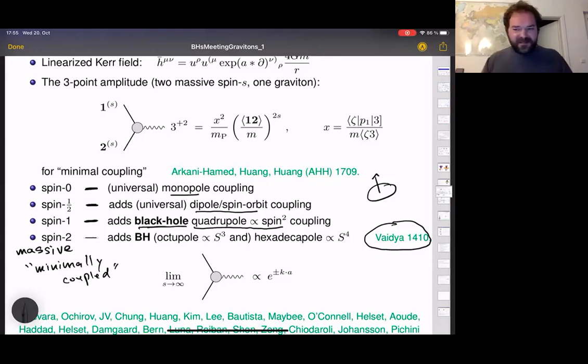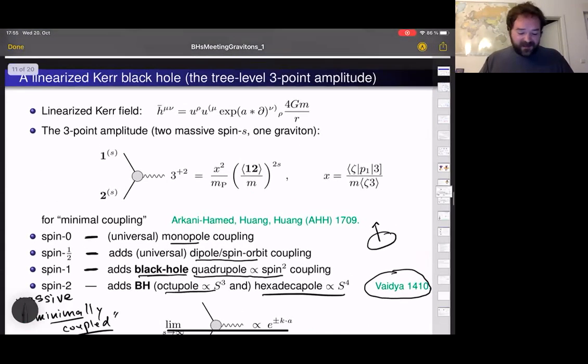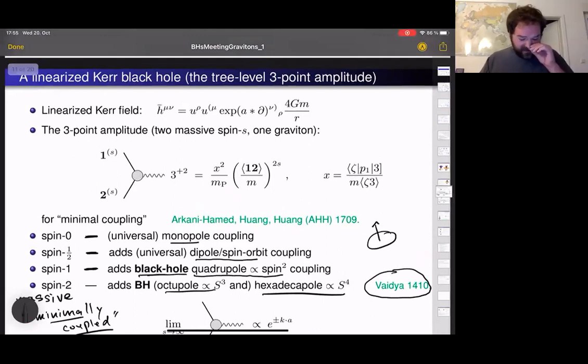And this pattern continues. Going to higher spins adds more multipole moments. And they continue seemingly, at least at tree level, to match the classical black hole multipole moments when you have a certain definition of minimal coupling. Okay, another interesting part